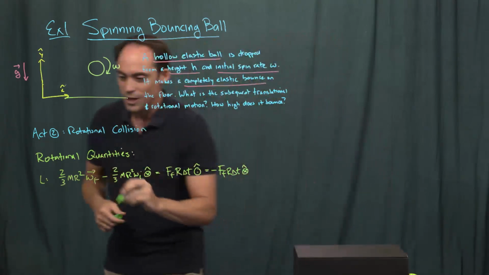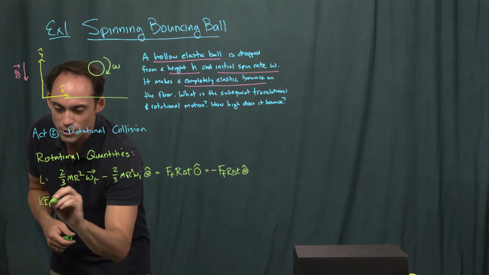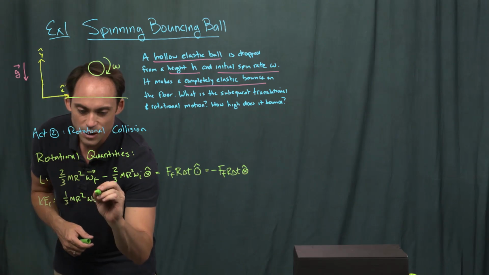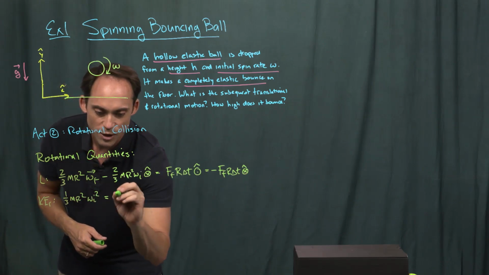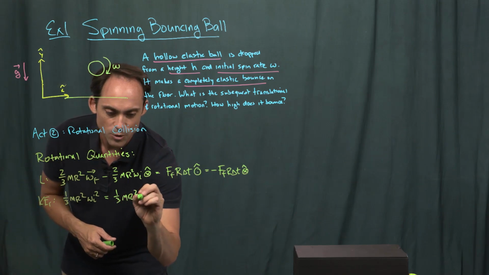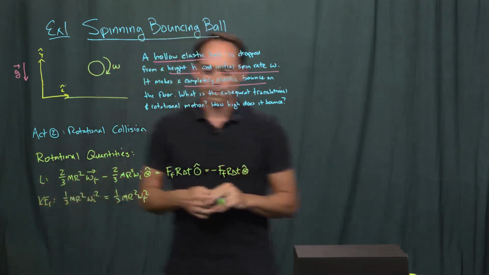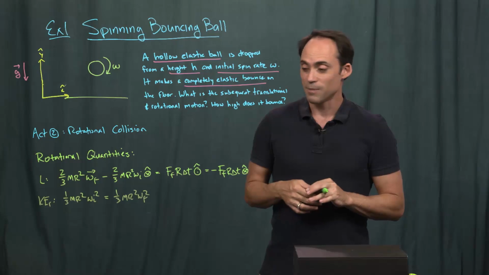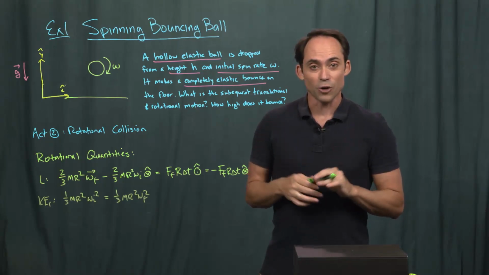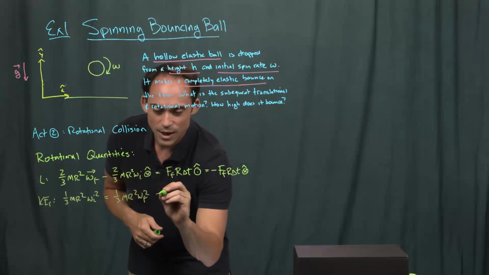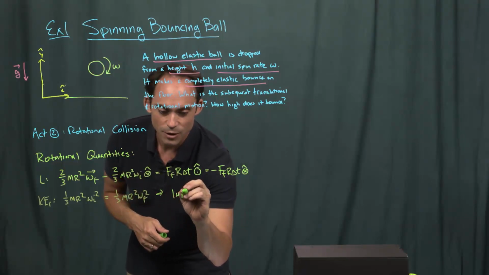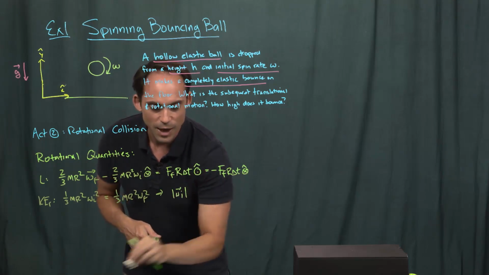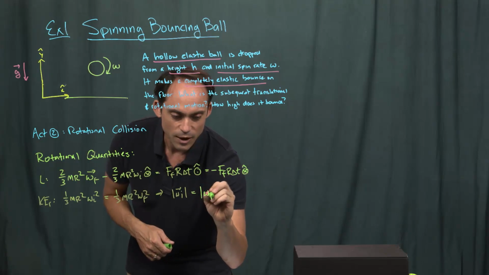Now before we get to that, let's look at the kinetic energy one, because that was a much simpler expression. That just told us that 1/3 mr squared times the initial rotation rate squared is equal to 1/3 mr squared times the final rotation rate squared. Now you'd be tempted to then say, oh, it must be that the final rate is equal to the initial rate. We have to be careful because remember these are vector quantities. So it's true that we can say the magnitude of the initial rotation rate vector, and we don't have to say squared because it's going to be the magnitude no matter what,